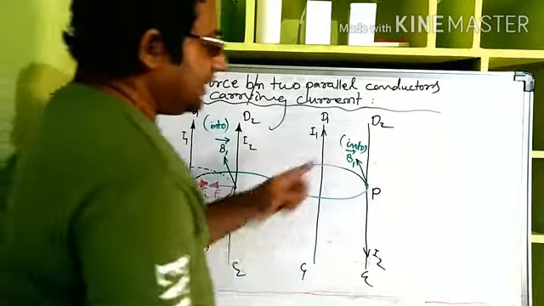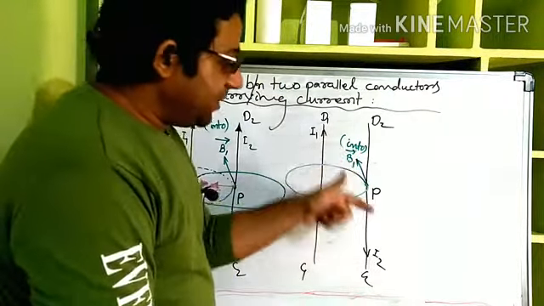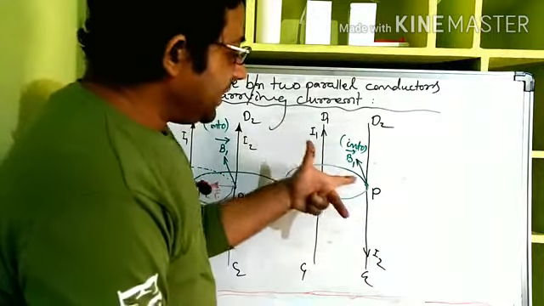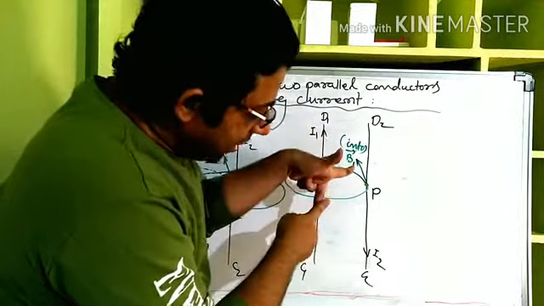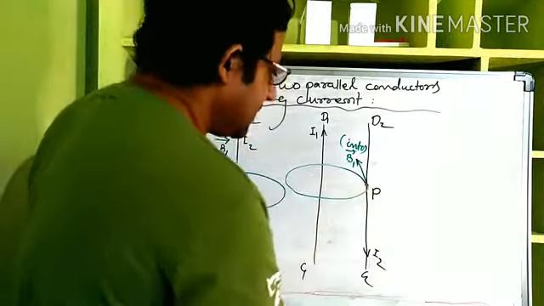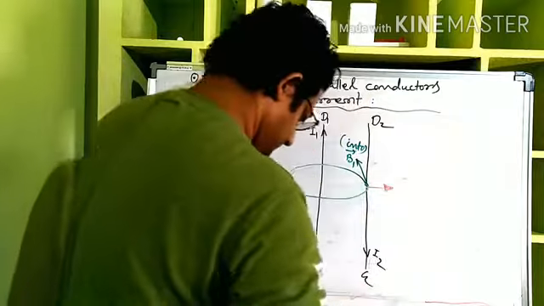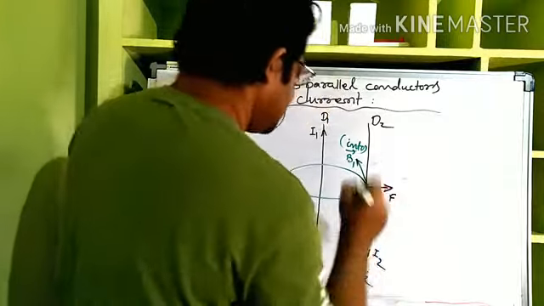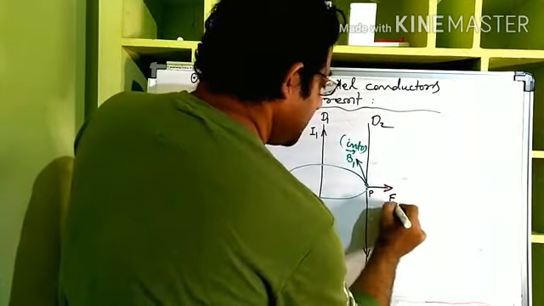So into the board. At P, what is the direction of the force? Now see, at P we know the direction of B and the direction of the current, and we have to find the force direction. So apply the left hand Fleming rule. B is into the board, so the index finger is pointing into the board. But the current is down, the I2 direction. So this is the force direction, so the force will be outside. This is some force. Let us call it the force on C2D2, or F1P. This point is P, so F1P.